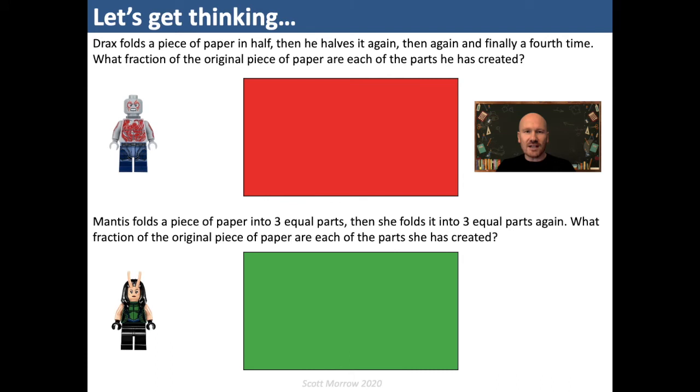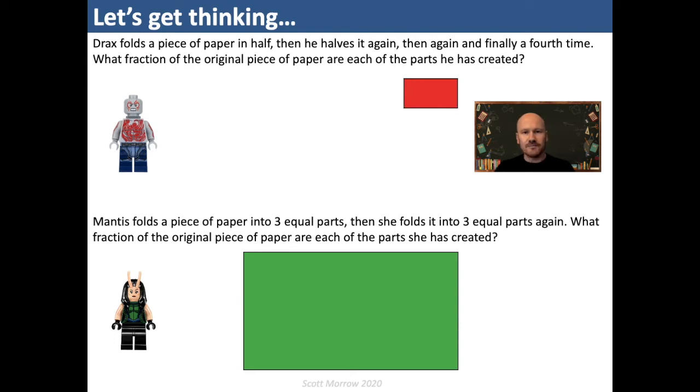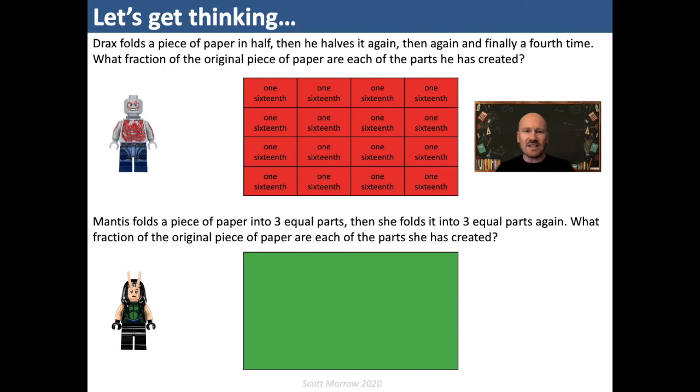Let's consider what Drax does to begin with. He takes his piece of paper and he folds it in half. So there we can see we've got half. He then takes that and he folds it in half again. So we've now got this. He folds that in half again. So we've now got this. And he folds that in half again. So we've now got that. Now when we unfold that paper, what do we have? We can see there that we've got 16 equal parts, so each of those parts is 1/16 of the original